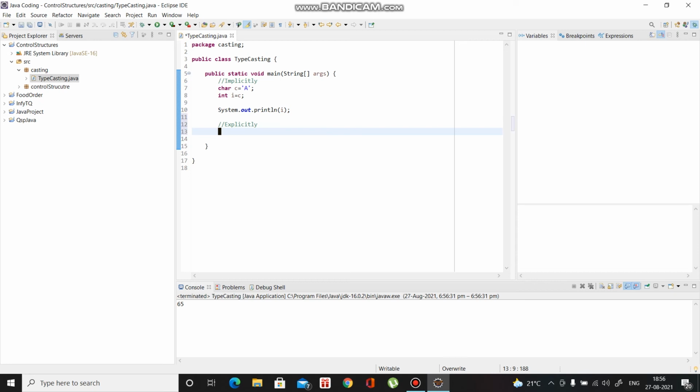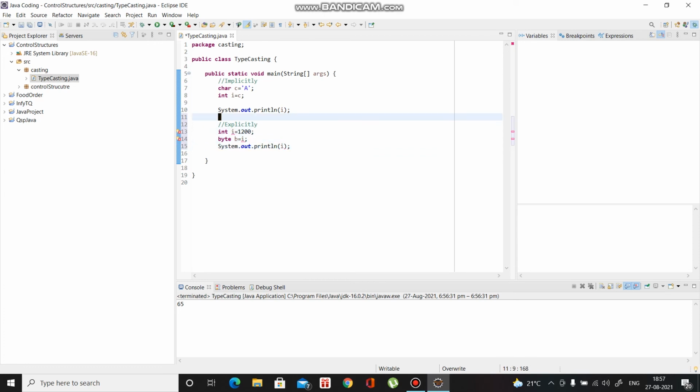Let's see. Now, int I is equal to, let's take 1200, and byte, I am converting int into byte. Int is a larger data type over here and byte is a smaller data type. Like byte b is equal to I, and then sys out b.